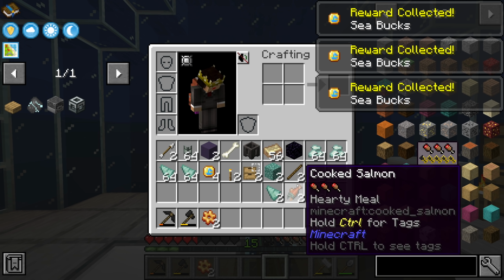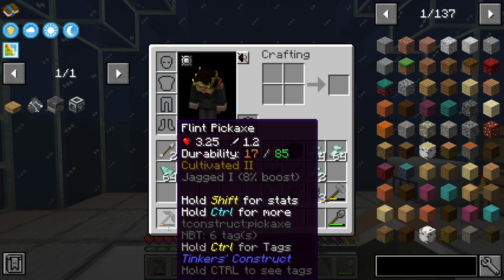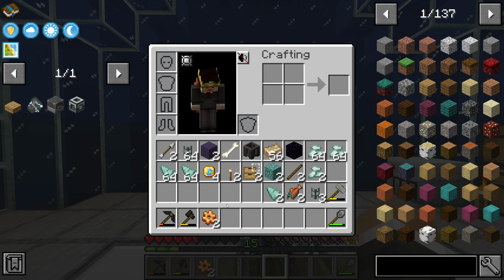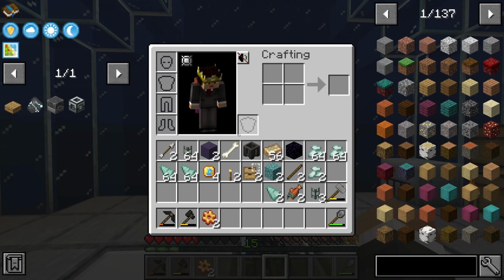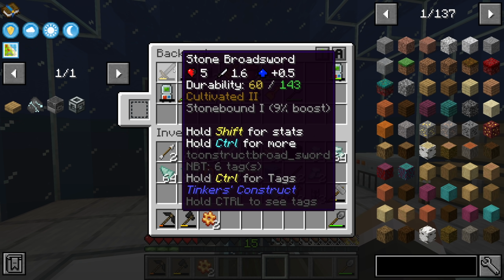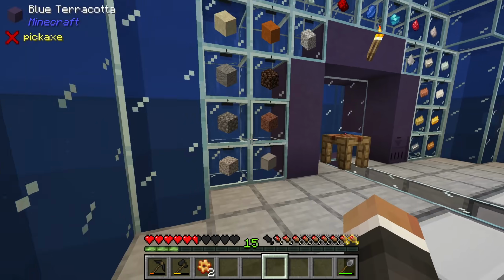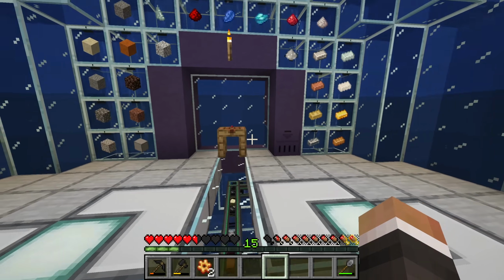and something that the Twitch chat has been pestering me to do for quite some time now, is upgrade my tools. Right now we have a flint pickaxe and a flint axe, and also, I guess, a flint sword as well. Now that we have access to things, and a stone sword, I guess. Now that we have access to materials like bronze, which is significantly better than flint,